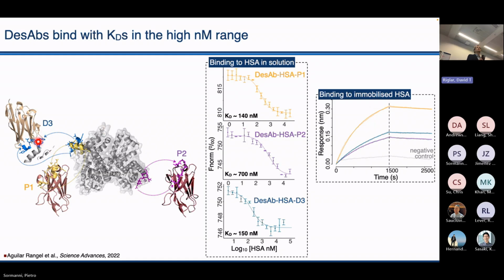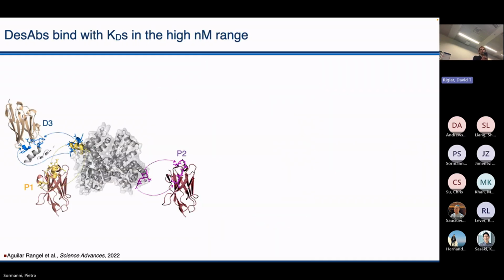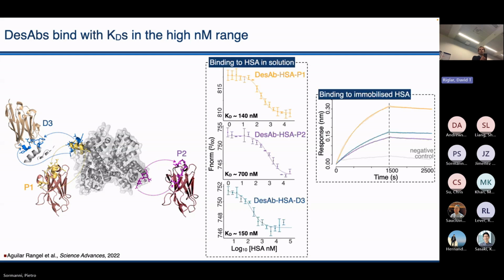Interestingly, in this case, we designed 2 loops. What we were hoping to see, of course, was that we would get a much better KD, but it's not really the case. We still get KDs that are in the same ballpark as the one with the CDR3. I don't have the experiment here, but it's in the paper. We have also confirmed the competition pattern. So these 2 compete with each other for binding, as you expect from the epitope, and they do not compete